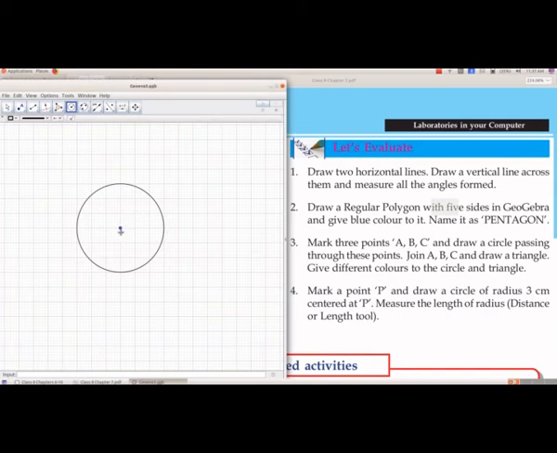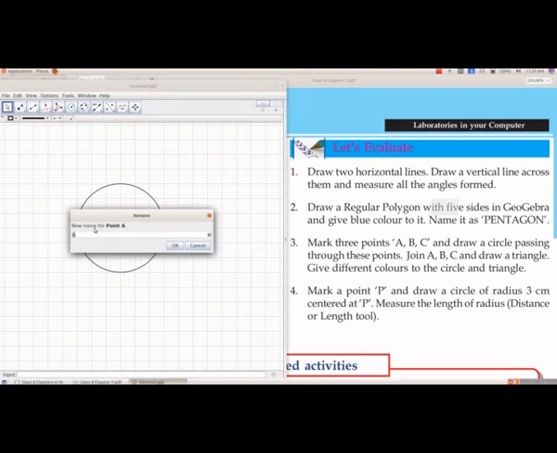So we got a circle, and this point is our center. And we will rename this.